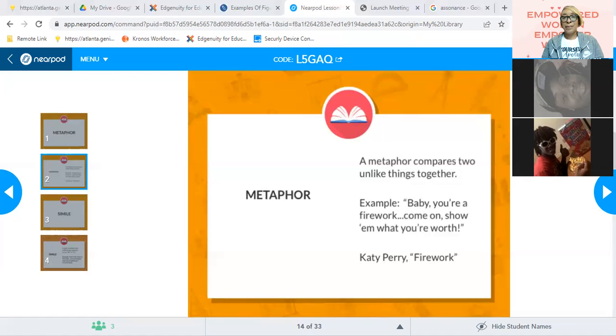Yes, you're going to do your song lyrics now, because I paused right here as a perfect segue. I just showed you an example of a song lyric that has a metaphor in it, which is Katy Perry, Firework. Can you guys see the example? Okay, Anaya, what song do you have? Do you want to share the screen, or are you going to tell us? I'm gonna tell y'all because I didn't put it on the screen.